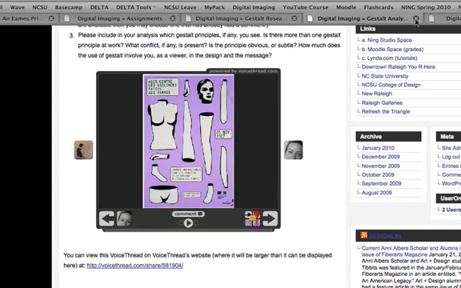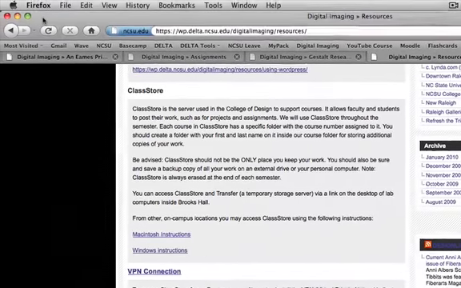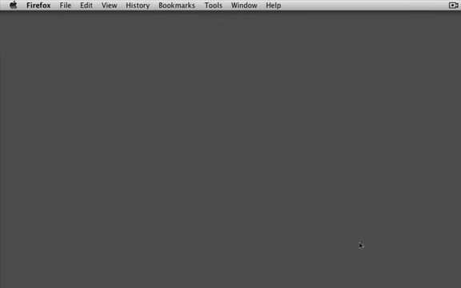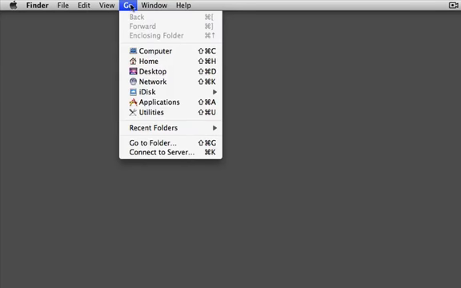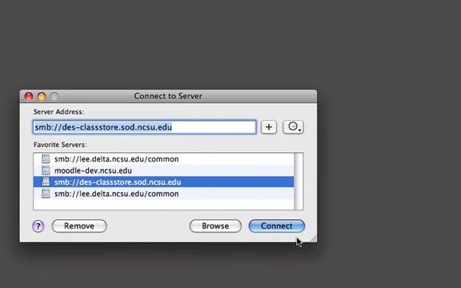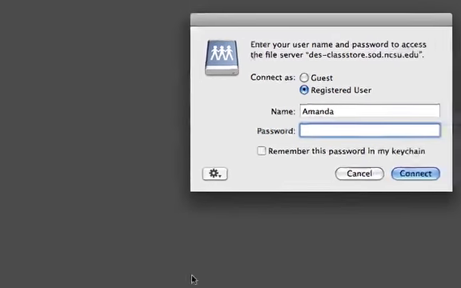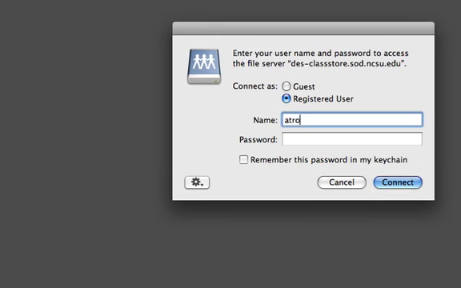The last thing I want to show you is we're using ClassStore very often to post some of your works in this class, and certainly there are some questions from students about how to access ClassStore. The resources webpage on our course website has the information for accessing that, but to show you really quickly so this is not quite as fuzzy in your heads, I'll show you how to go about doing that. If you are on campus and you're on a Mac, to show you what that looks like, this is just a server. It's just like a computer where you would go anywhere, and you will log in with your username and password,